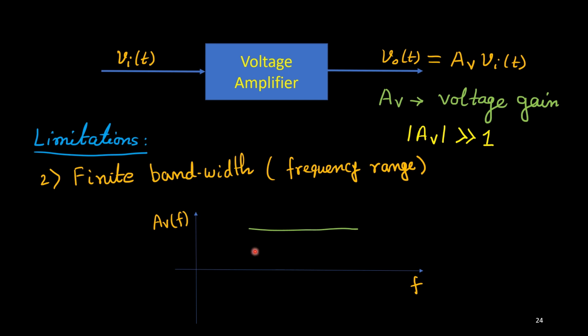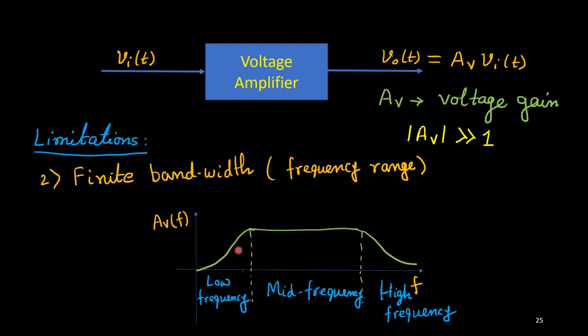Like this. If this is the linear range, this is a flat gain we can get. This flat gain is true for a certain band, certain frequencies. In this frequency range, the gain is flat. It's not changing. Everywhere you will get the same gain. Suppose AV equals 10, so every frequency, 1 kHz, 10 kHz, suppose 20 kHz, everywhere you will get the gain of 20 only. Okay, but